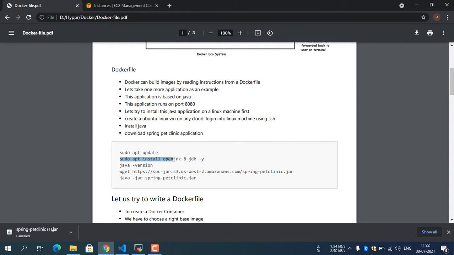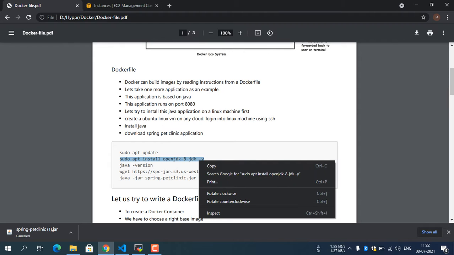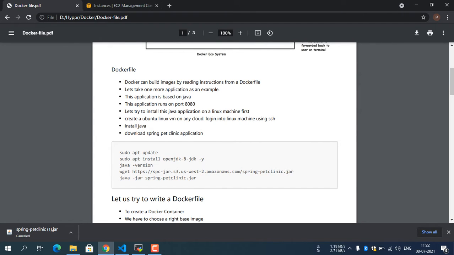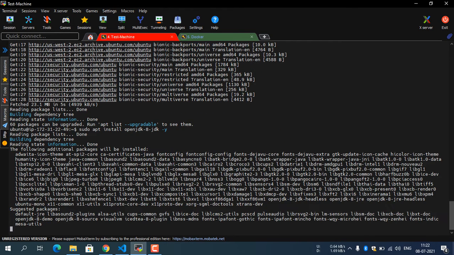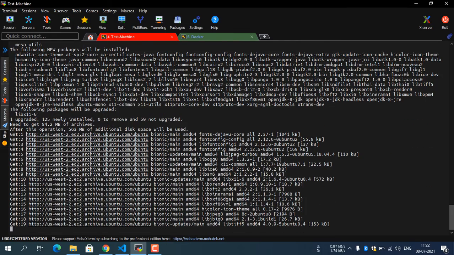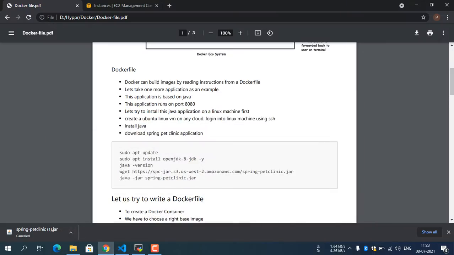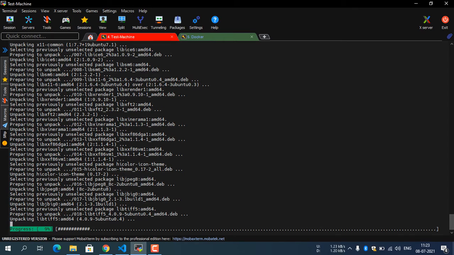So this is basically a Java application, so we need to install Java. To install Java, the command will be sudo apt install openjdk-8-jdk, which means I am going to install Java 8. Then we have to check whether Java was installed successfully or not. To see the Java version, as we all know, use the java version command. It is still running. Let us wait. It will complete.